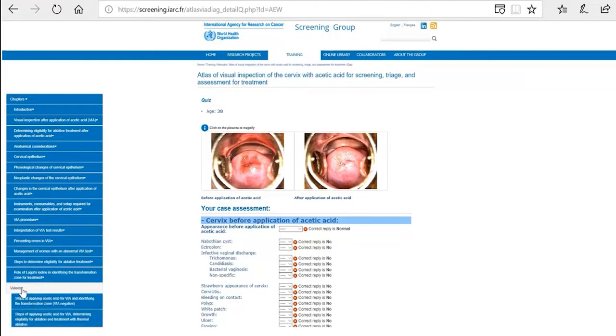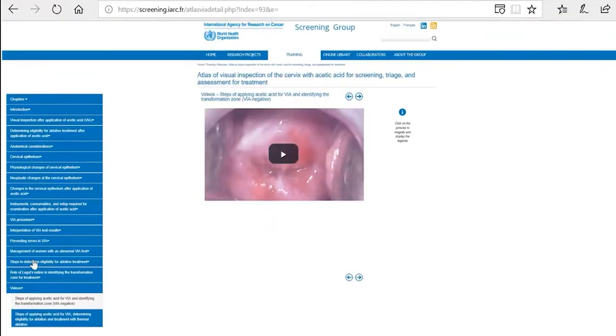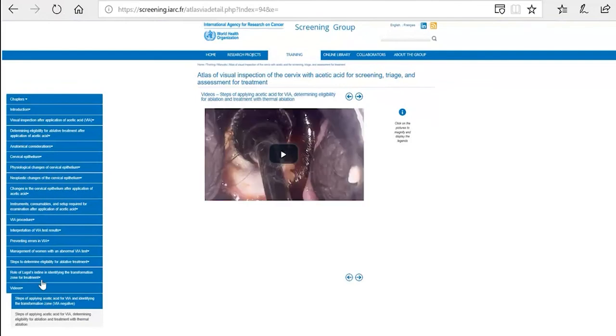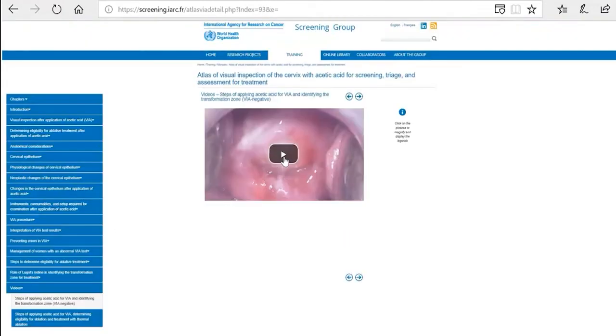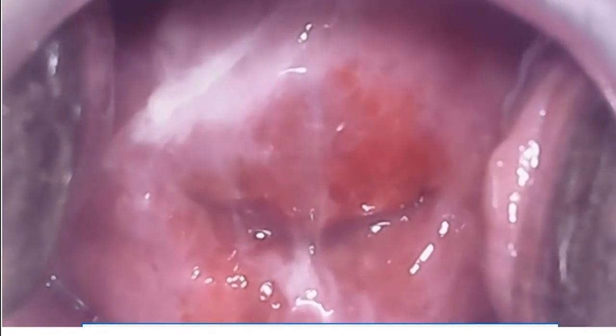And also I would like to highlight that there is a section under the chapters that is the videos of the procedures. So you can see the different videos of the procedures being done in real time. There is a video which is essentially showing cervix without any lesion, so it's a VIA negative.